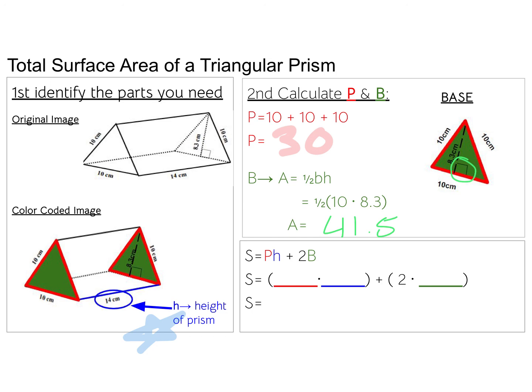Now I'm going to plug in all of my information into my formula. So I have 30 times 14 plus 2 times 41.5. And I'm going to get a total surface area of